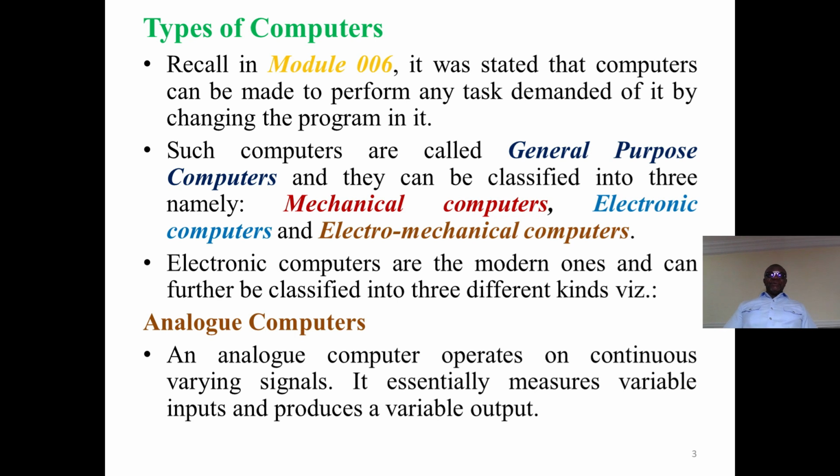Today, we will look at the types of computers. Recall in Module 006, we stated that computers can be made to perform any task demanded of it by changing the program in it. Such computers are called general purpose computers, and they can be classified into 3, namely mechanical computers, electronic computers, and electromechanical computers. Electronic computers are the modern ones and can be further classified into 3: